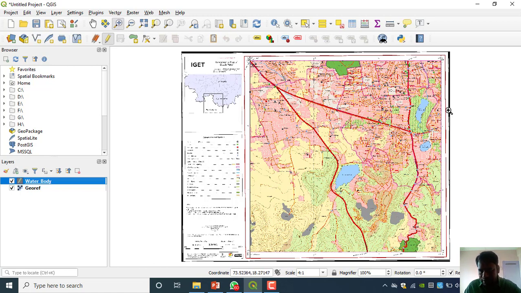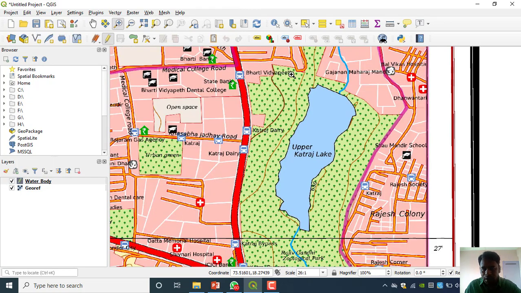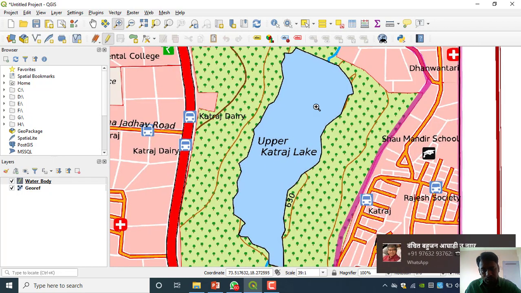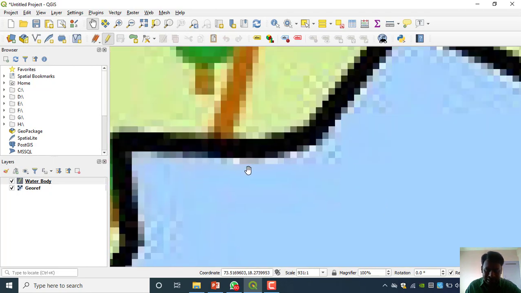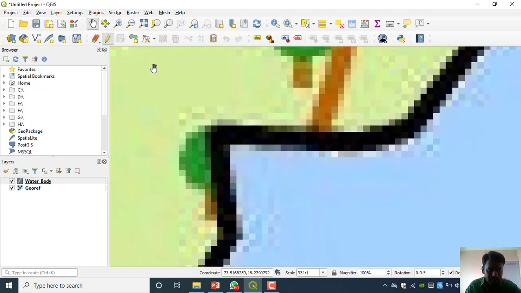Now we have to start our digitization. Okay, I will take this one. One important thing is that when we are doing the digitization, your zoom level is very important. The way you keep the zoom level directly affects your accuracy. Suppose I took that level, then we will not get exact accuracy. Then what we have to do is go with at least this zoom level. Then when we actually start work, a pointer is here, and exactly in the middle we can digitize.